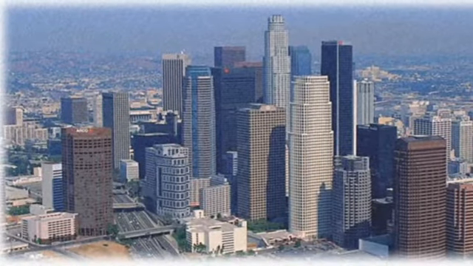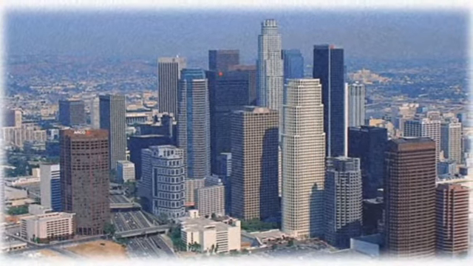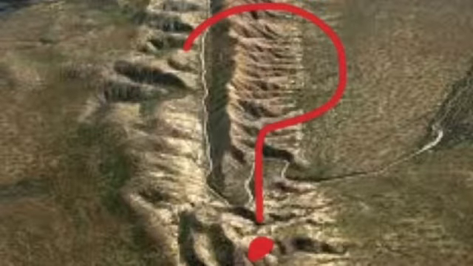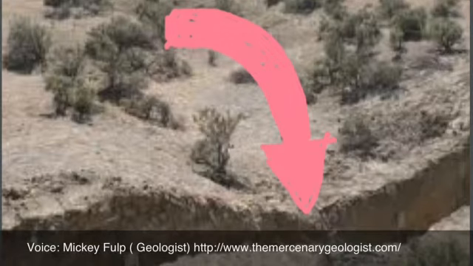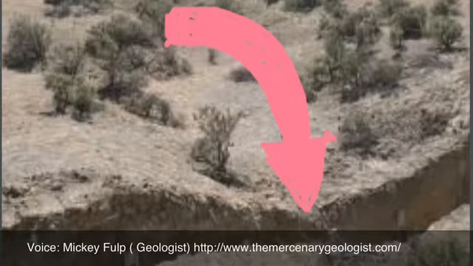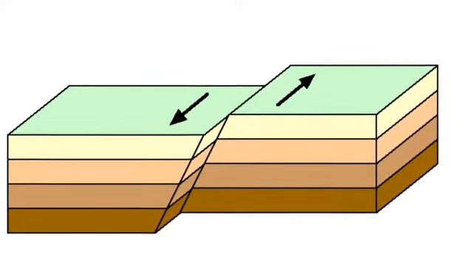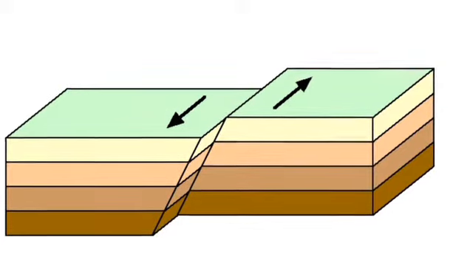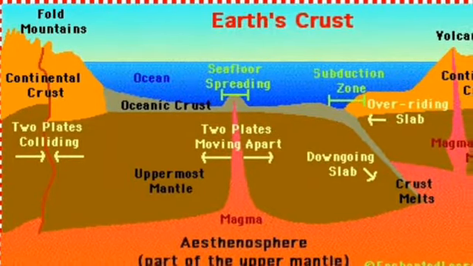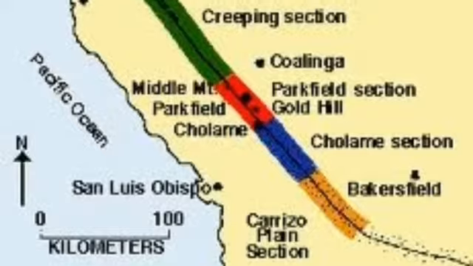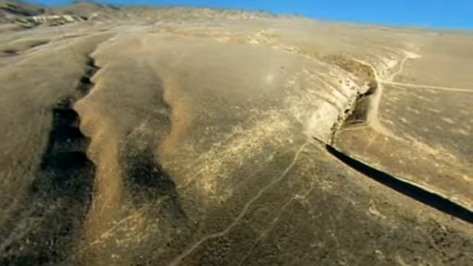Most of us know that the San Andreas Fault is a hazard to our community. But what exactly is a fault? A fault is a tear in the Earth's crust that has movement. There are many faults in the world, and the big ones are related mainly to plate tectonics. The San Andreas Fault travels through Southern California, and it is a transform fault.